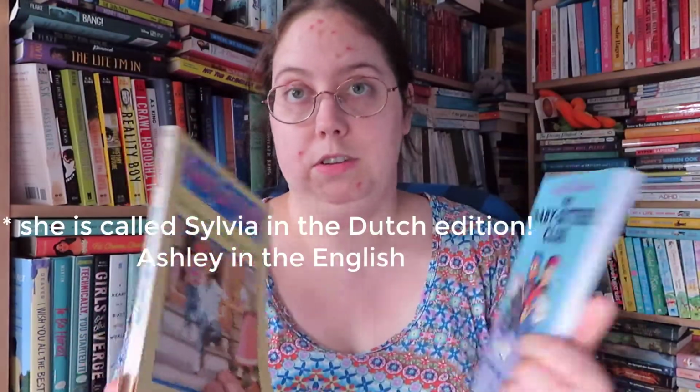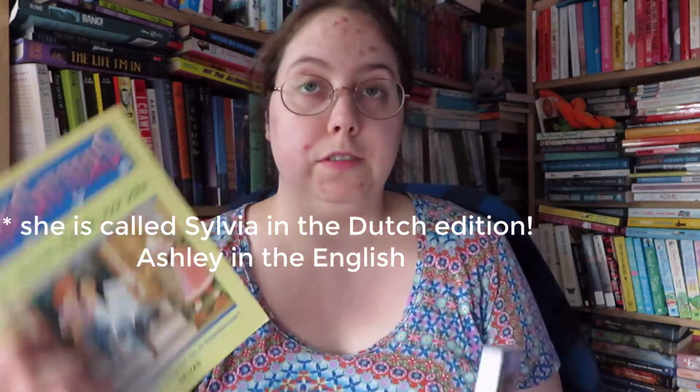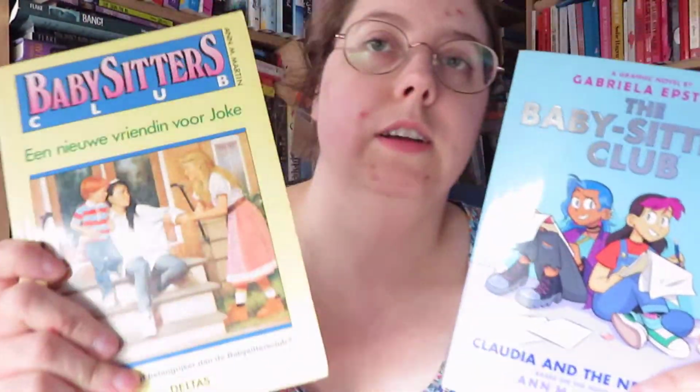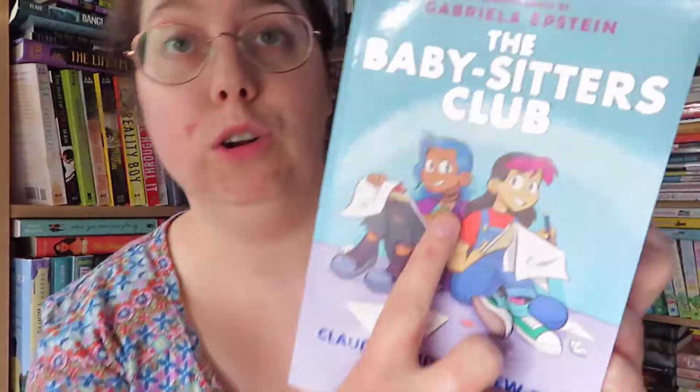Ashley, the new girl in this book, is called Sylvia. She looks a bit different here than in this original picture, but that's not necessarily a bad thing. I think this suits her quite well. The blue hair and how artsy she is, and obviously they've made her, by the looks of it, a person of color. Claudia is also a person of color, but anyway,